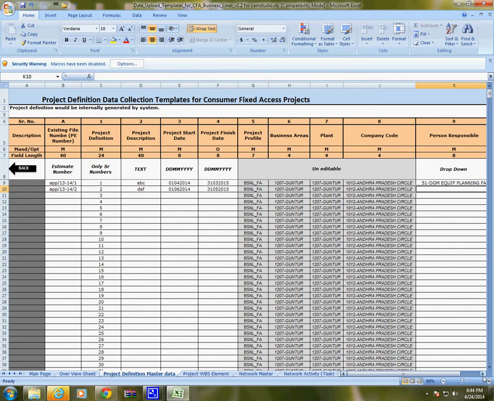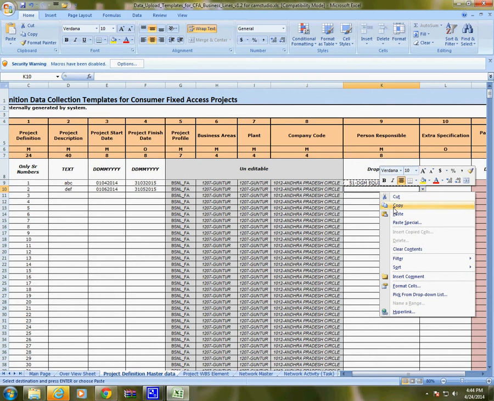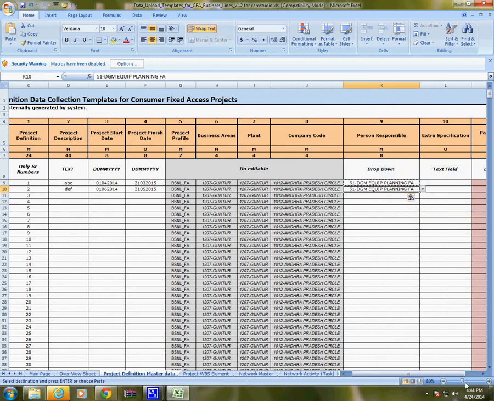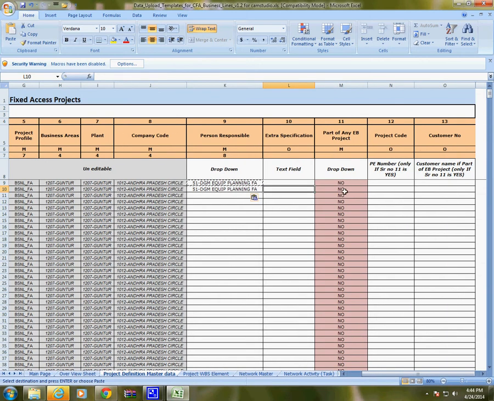Here again DGM equipment planning is the person responsible. Paste. My subject has come in the first column itself, so I am not filling it. Suppose both of them are not part of any EB project, so this information is no, and corresponding to this no, there will be no information against these cells.